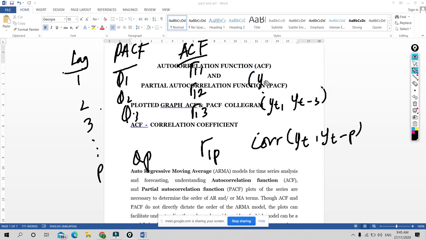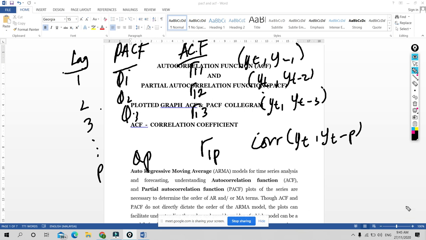Sini ada nota ni semua okay. Apa gunanya PACF dengan ACF ni? Kalau awak baca nota ni dia akan terangkan benda yang sama lah. Saya dah terangkan tadi lebih kurang dalam masa 30 minit, saya dah discuss tentang apa dia autocorrelation and correlation function. I have discussed here, so you boleh baca nota ni. Okay, now